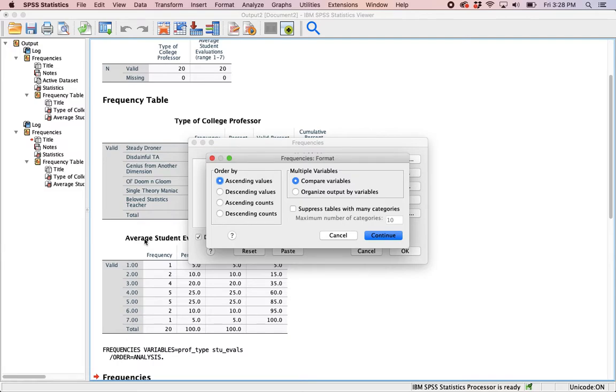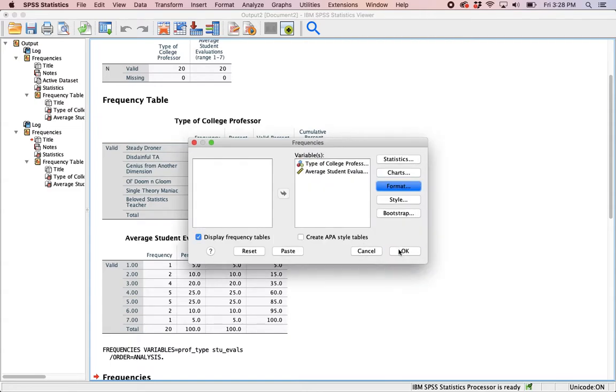So like 1 through 7, you recall with our categorical variable here, study droner corresponded to a value of 1. So the values are going up in ascending order. But you can go descending order if you want. So if we wanted the evaluation to go from 7 down to 1, we could do that. The other thing you can do is sort by ascending or descending counts. So if we select that option and then hit continue,